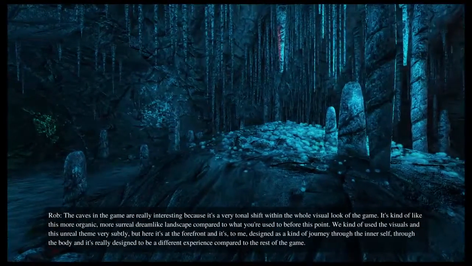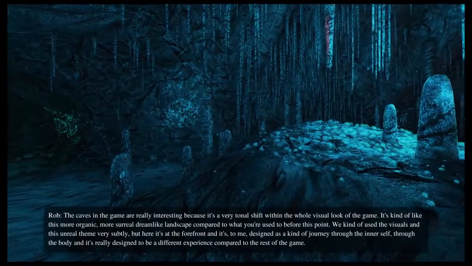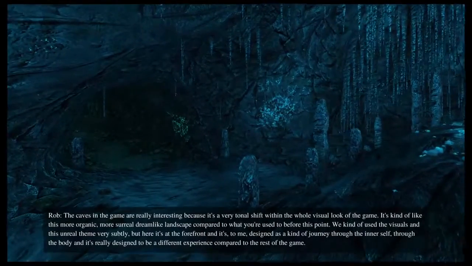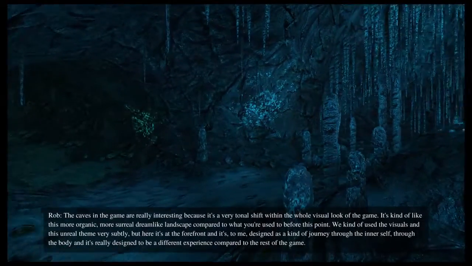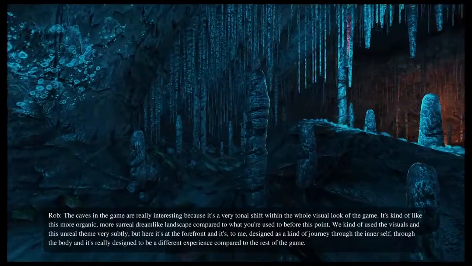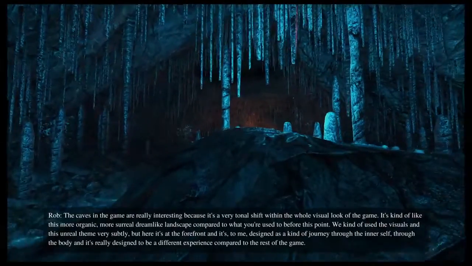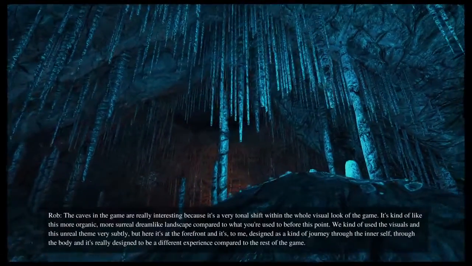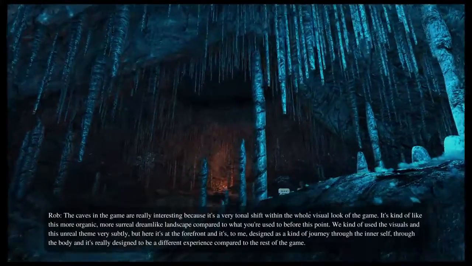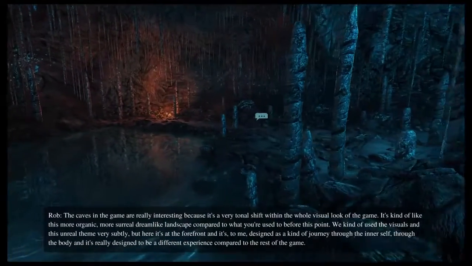We kind of used the visuals and this kind of unreal theme very subtly, but here it's kind of at the forefront. And to me, it has been designed as this kind of journey through the inner self, through the body, and it's really designed to be a very different experience compared to the rest of the game.